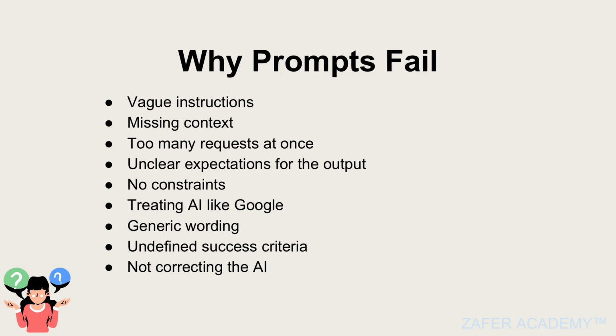We've already looked at that. Then we have generic wording. You have to be specific. Avoid using generic wording when you are prompting AI. Don't use generic wording. Be specific. Go straight to the point, right? AI should be able to distinctly say, this is what the user wants me to do, this is what the user expects of me.